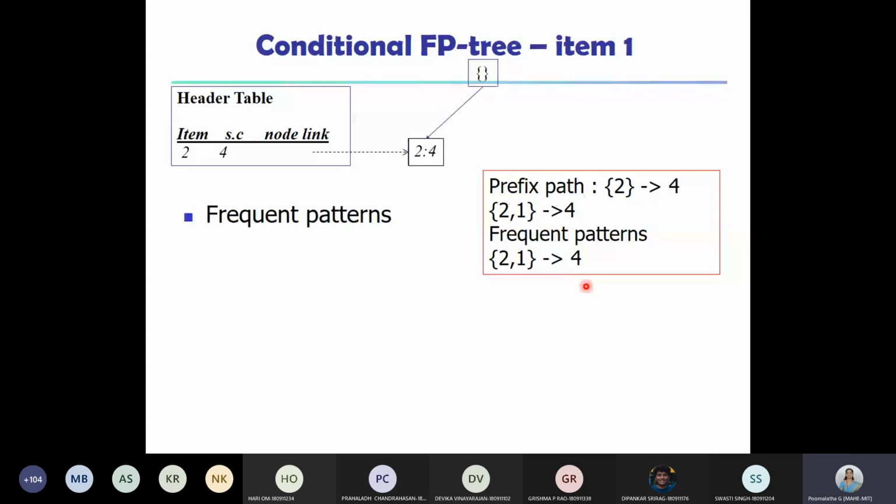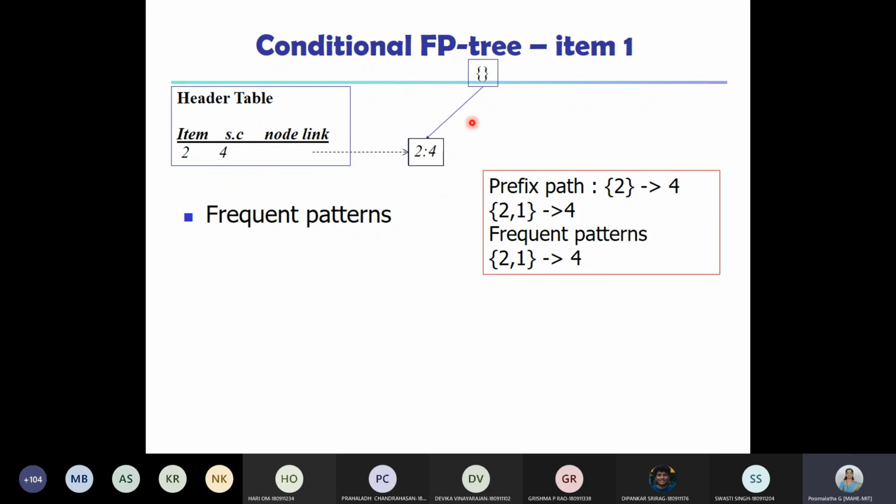If you consider your FP tree, first it is from the bottom up, it is 5, 4, okay, but we are not taking the item 2. Why? Item 2 is the first item and it is exactly below the root. It is not having any other prefix path. There are no other nodes which lead to this item 2. So we cannot take it. Because there is no prefix path, we cannot construct any patterns here. So except the first item, for all other items we are able to get the frequent patterns.